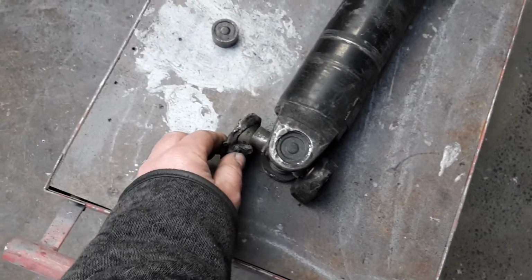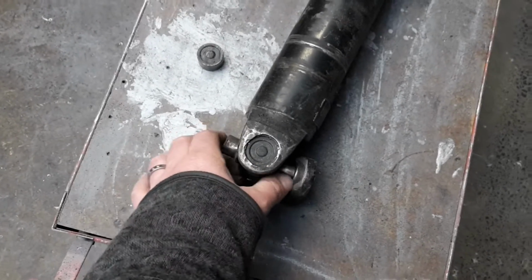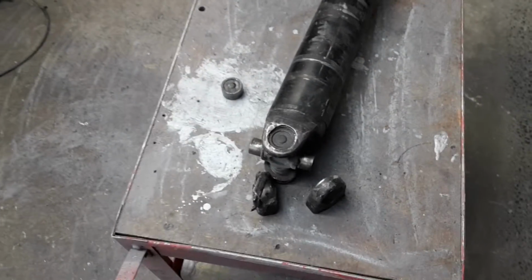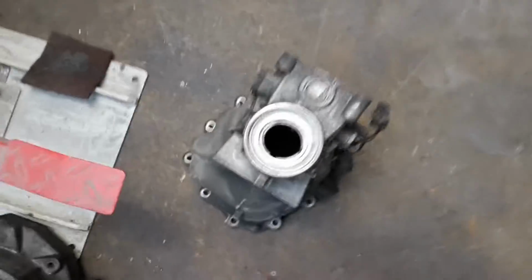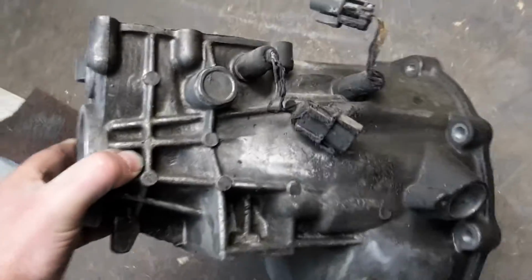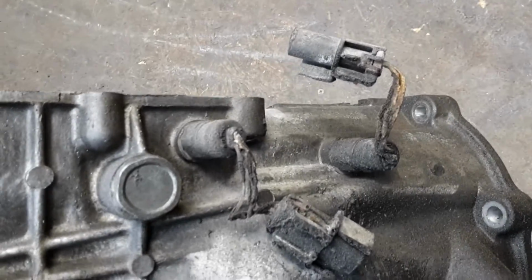At some point in time that's managed to completely exit that, and then the shaft has been free to spin around inside the trans tunnel. That's where the biggest problem started. Prior to it doing that, this is the end of the gearbox here, right? So this is actually the original housing off the car, which has now been replaced. You can see it's the original one because those plugs have been burnt, had a little bit of fire damage,